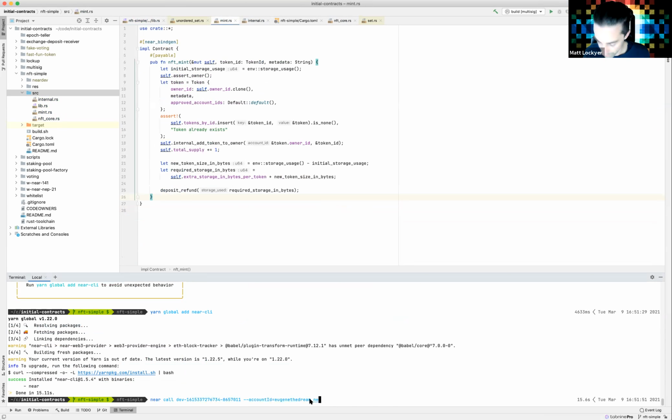I need to log in first. Hold on. NFT mint, and then token ID. I'm going to call it that token, and then the metadata is going to be